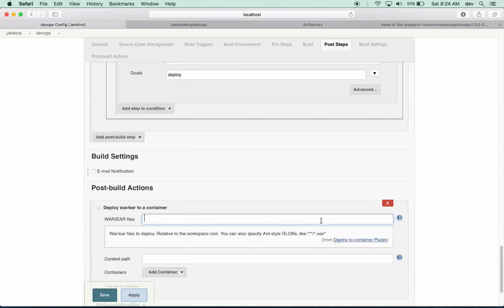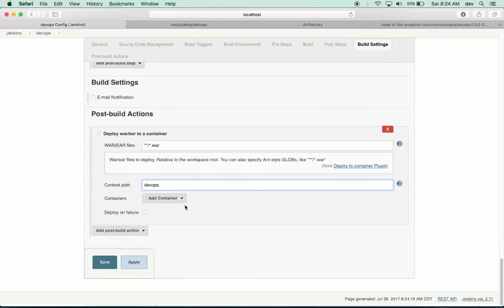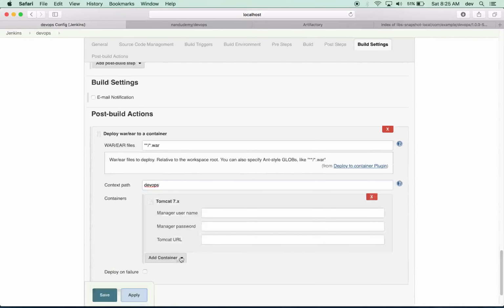you can specify star star slash star dot war, and the context path, let's keep it as DevOps, and a container which would be Tomcat, and the manager username. So what is the manager username? Manager, right? And then I think the password for manager is Tomcat. And then the URL,